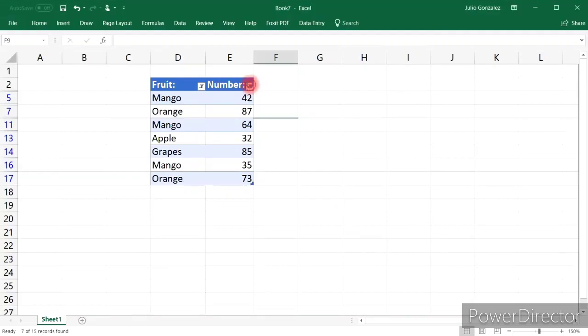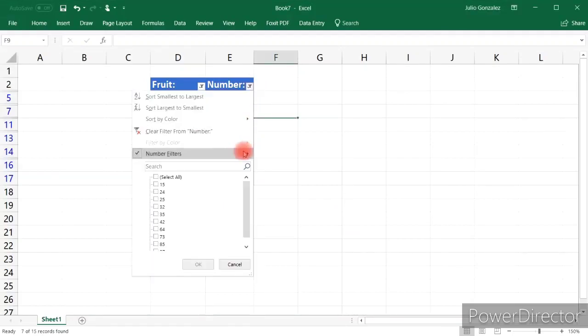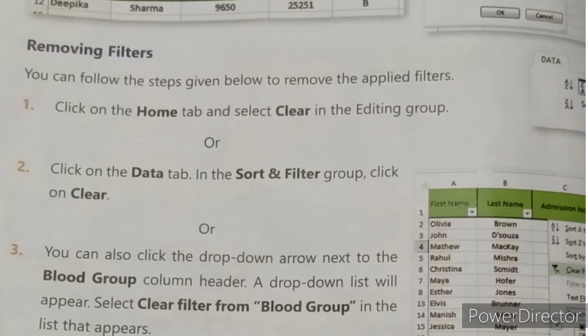If you want to remove the filter you have applied to the worksheet, click on the home tab and select clear in the editing group. Another method, click on the data tab, in the sort and filter group, click on clear.